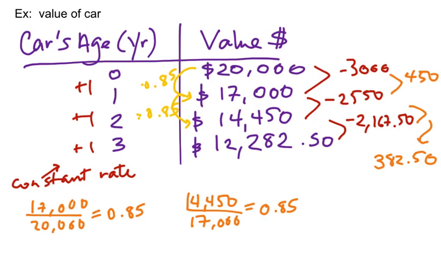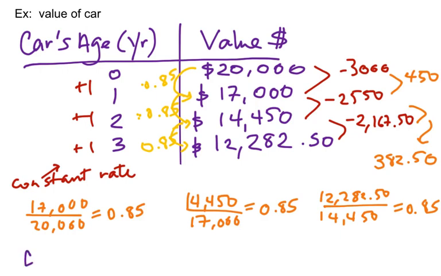And let's do the last one and see if that holds. So I get 12,282.50 divided by 14,450, and I get 0.85. In other words, 14,450 times 0.85 gives me 12,282.50. So there is a common ratio